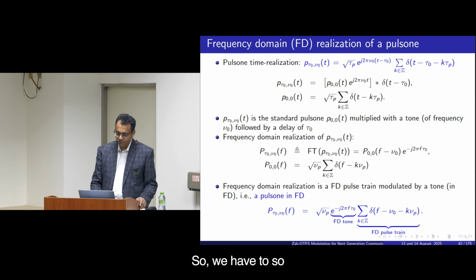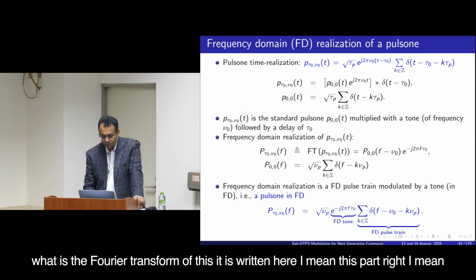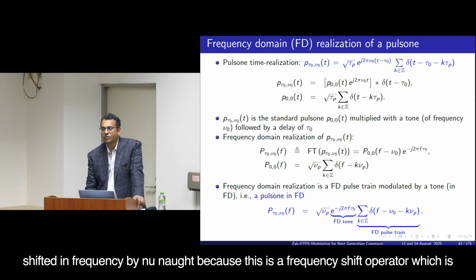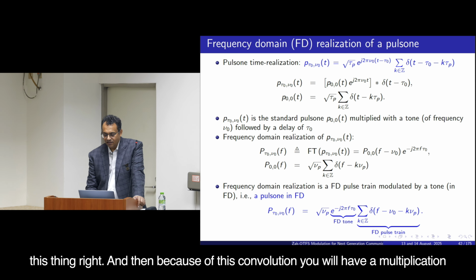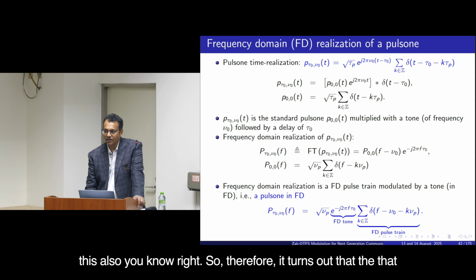So, what is the Fourier transform of this? It is written here, I mean this part. The Fourier transform of this is simply the Fourier transform of the standard pulson shifted in frequency by nu naught, because this is a frequency shift operator, which is this thing. And then because of this convolution, you will have a multiplication with the Fourier transform of this term. The Fourier transform of this term is only this, you also know, right. So, therefore, it turns out that